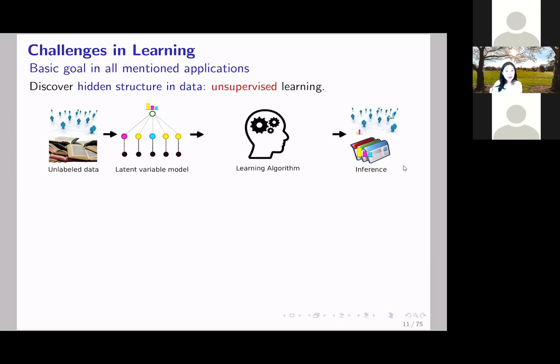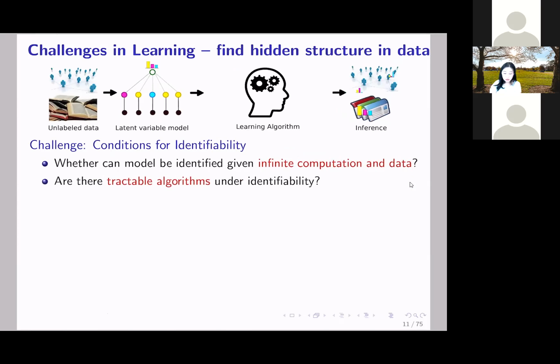Okay, so you need a learning algorithm to learn the latent variable models and then do the inference. So the challenge here is really some kind of conditions for identifiability. What do I mean by that? What I mean by identifiability is whether the model can be identified given infinite computation and data. So this is actually a very interesting concept in understanding learning in graphical models,